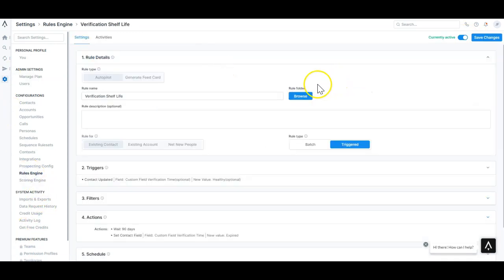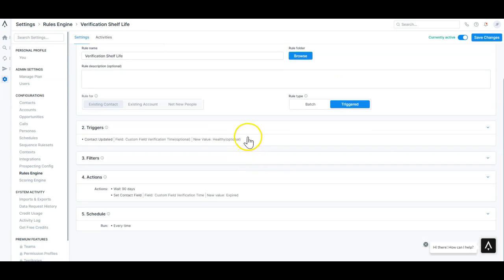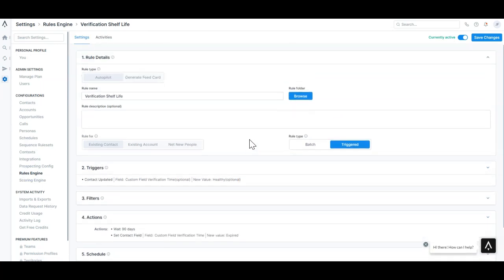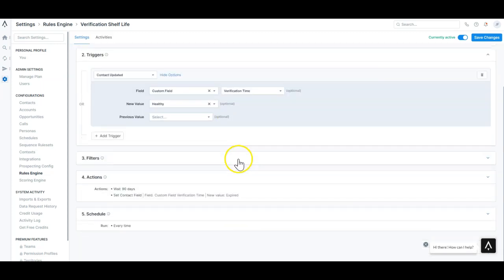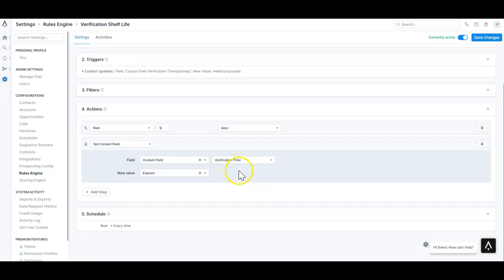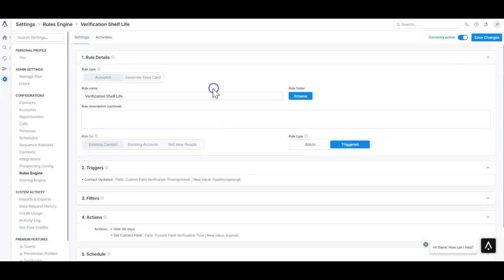We're going to go to our shelf life now. Again, I like to be 100% as positive as I can be that the list I'm going to target, the data, is good. I do not want to deal with a blown up domain. So we're going to re-verify these things every 90 days. So, a simple rule, triggered,